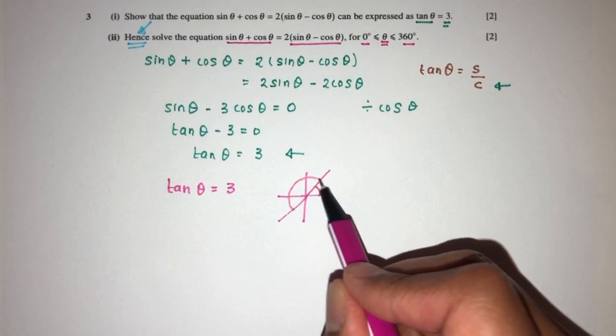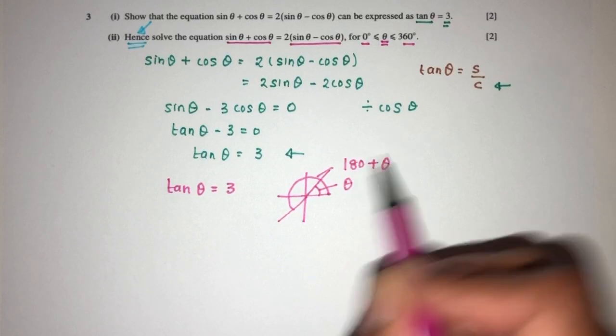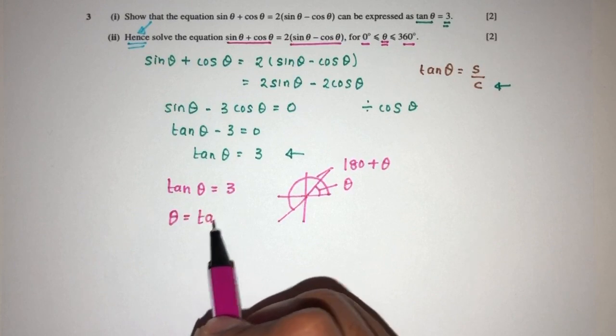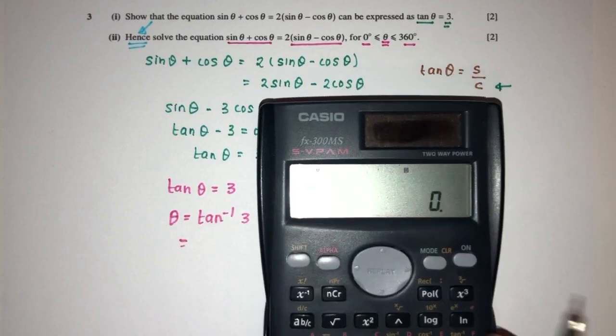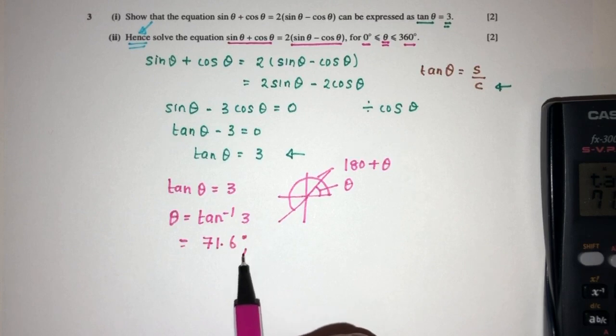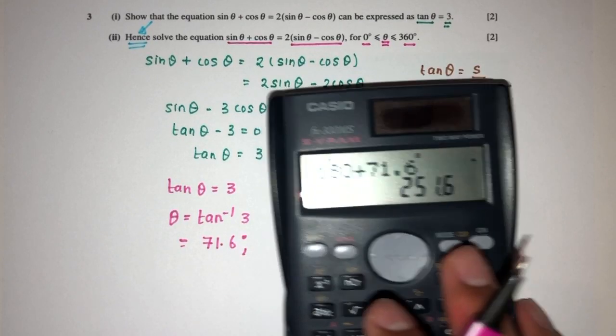And in that third quadrant, this is simply the angle, and that will be 180 plus the angle. Because it is positive here, we can find the value of theta directly. That will be tan theta of 3. So we can find this using degrees here, obviously. Tan theta of 3, that should be 71.6 degrees, and the other angle will be 180 plus 71.6, that should be